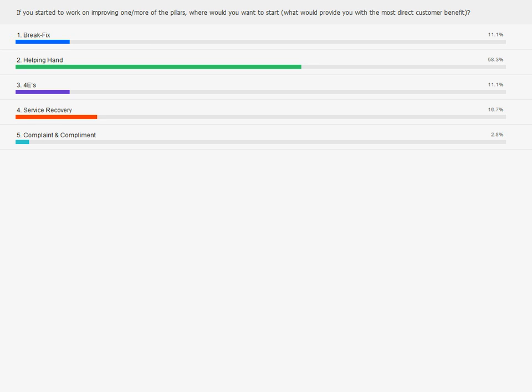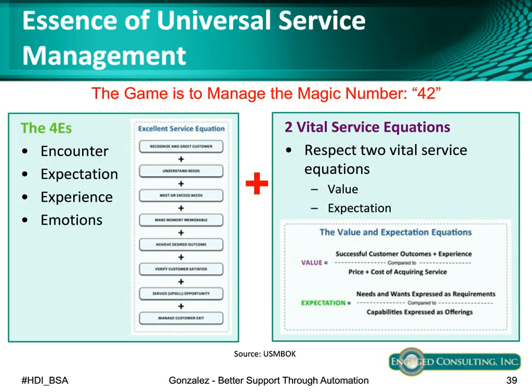Okay, so the essence of this universal service management, which is where the 4Es come from, is looking at it from the service encounter, the expectations that are set when they engage with you, the actual service experience, and then what I like to refer to as the emotional genie. Because the emotional genie, once it pops and you get somebody that's upset, it's very hard to get the genie back into the bottle. So we actually want to try to prevent the genie from doing that. But, you know, given its life, it's hard to do that every time.